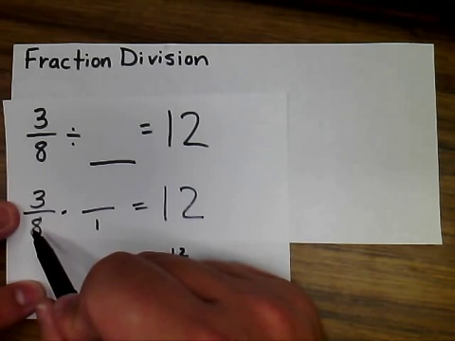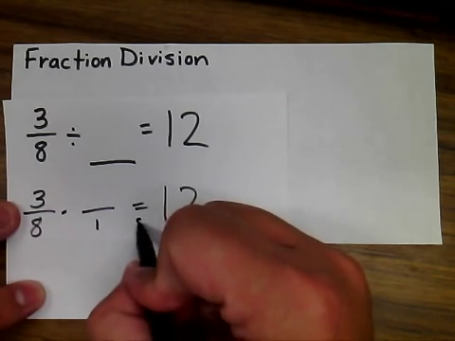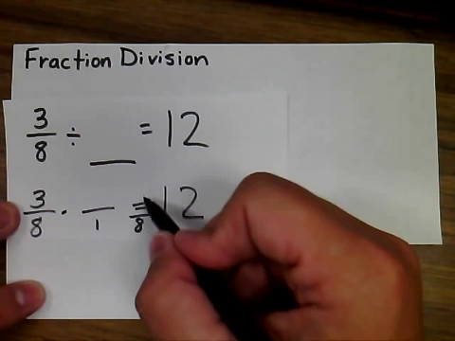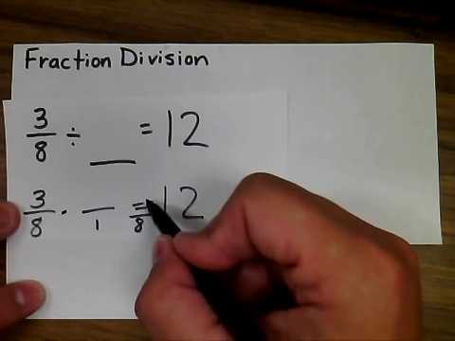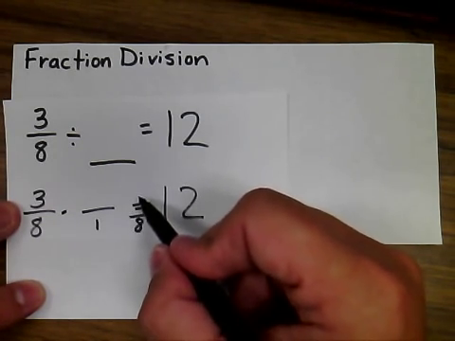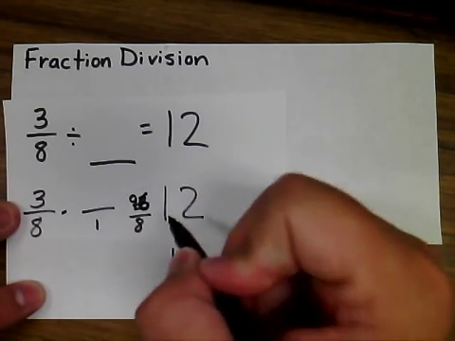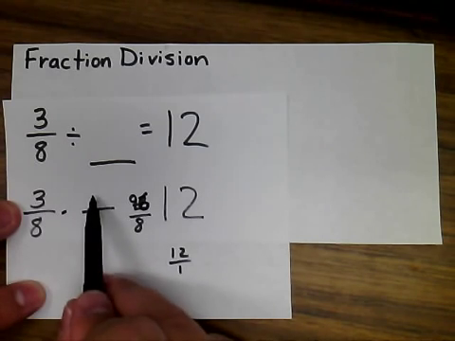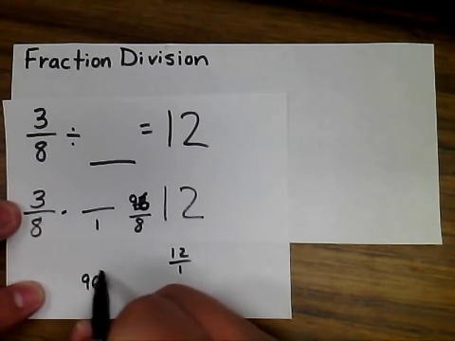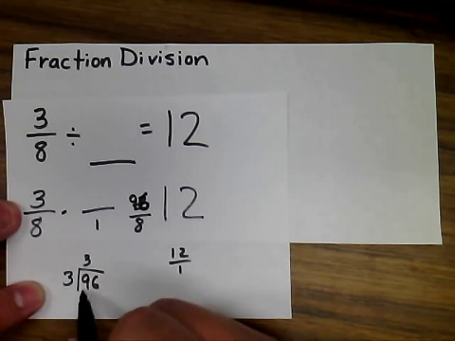So 8 times 1 would give us 8. We need a number that's 12 times the size of 8 in order for this to work. So I know that 12 times 8 is 96. So that's really my goal, is 96 up here. So we've got to decide what times 3 equals 96. So 96 divided by 3